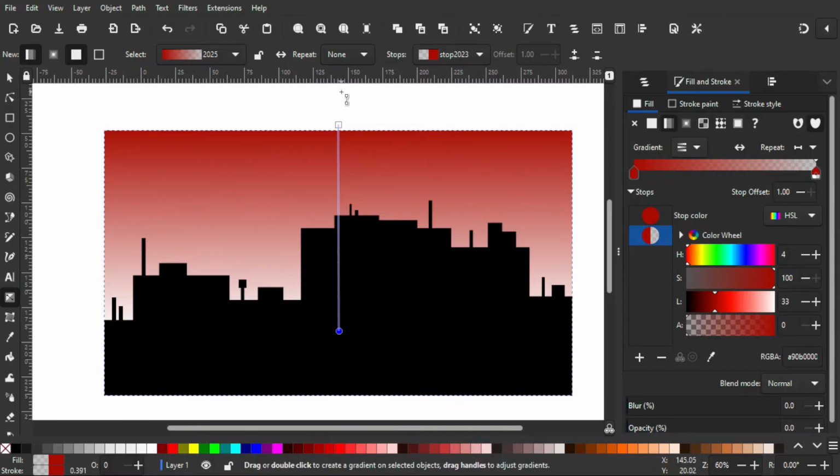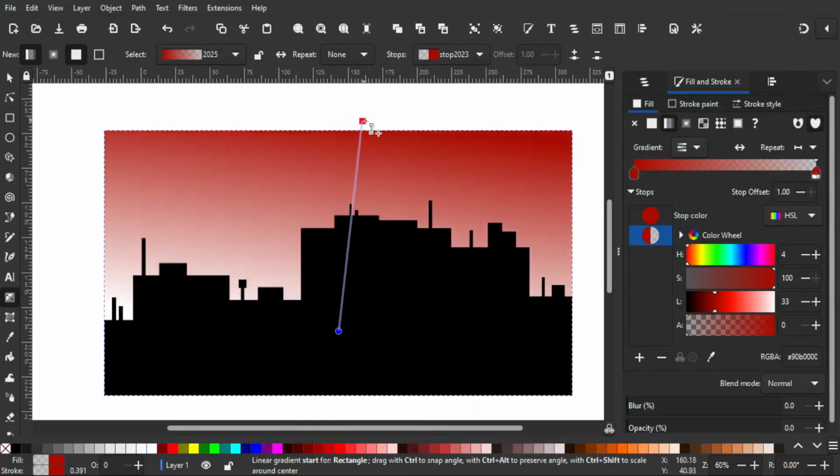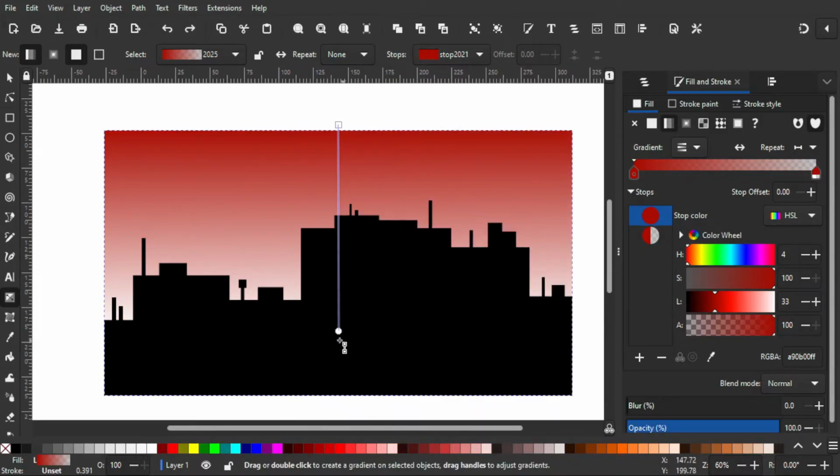Okay, and then as you can see, there are two dots right here, and you can make adjustments for that. For example, if I move the dots, it's gonna change the gradient right or left. It is all up to you, but I'm gonna keep it like this.